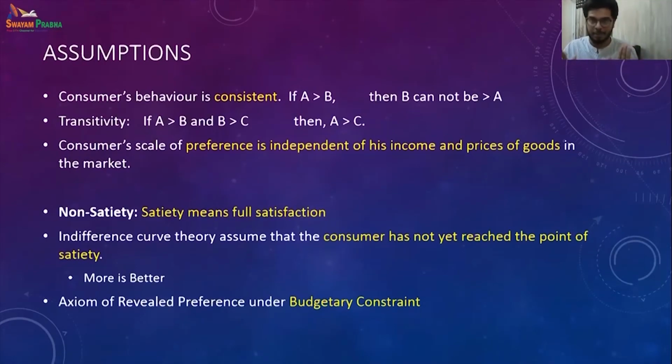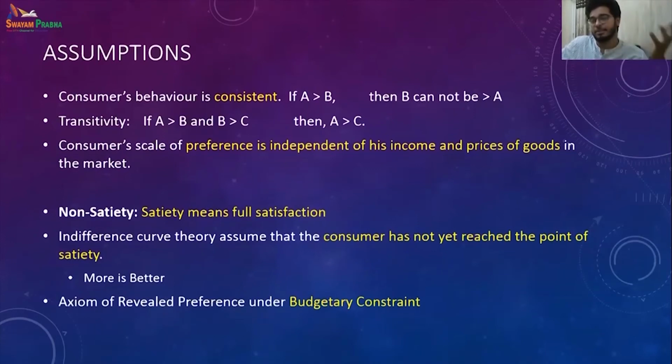I am not talking about whether I can afford this, I can buy it, I can consume it. I am just saying that an individual's preference is independent of everything. He likes it or she likes it, whatever the price, whatever the income. The price and income will determine how many, whether at all they can achieve that. So this all together explains the satiety or non-satiety.